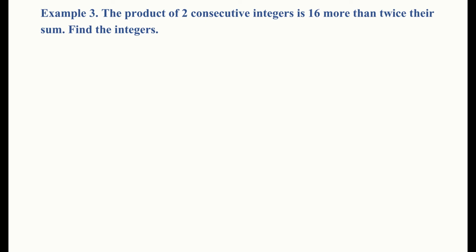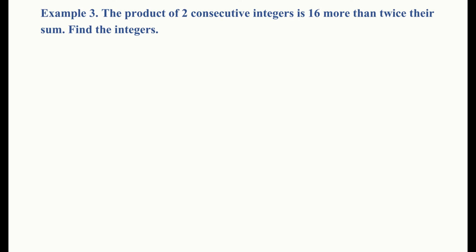So this next problem is a clearly consecutive integers problem, and it's not hiding that fact either. So we have the product of two consecutive integers is 16 more than twice their sum. Find the integers. All right, so what's really helpful, I find, for this kind of problem is to do